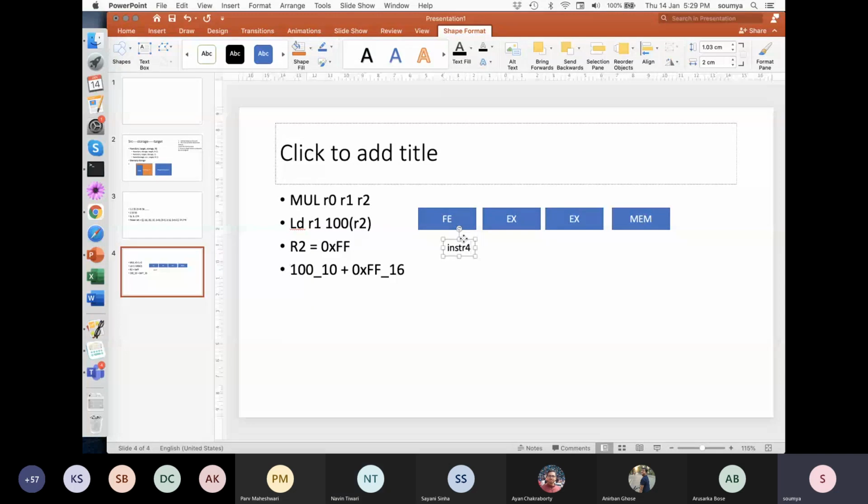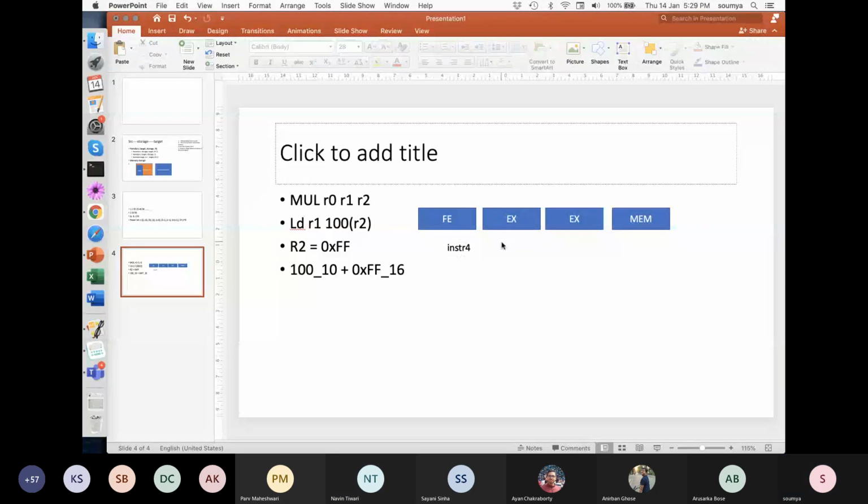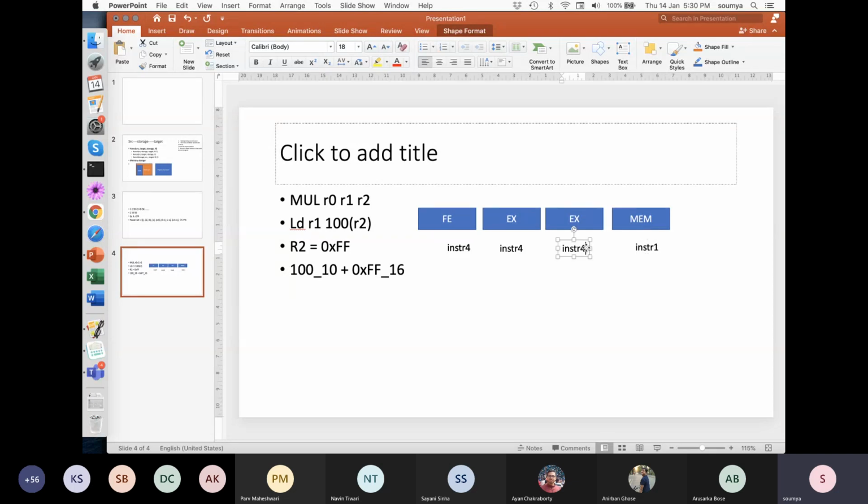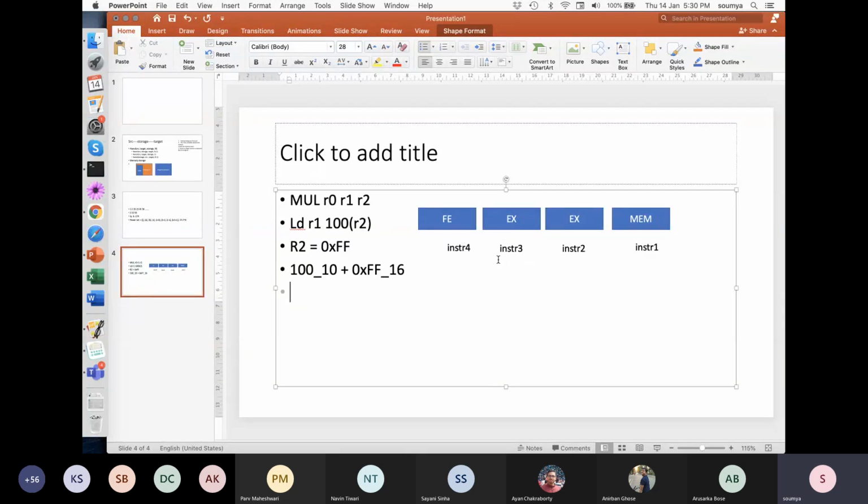So it is something like this. Let's say these are the positions of your instructions, right? I mean, you have 4 instructions. So we are just trying to recreate that scenario here, right? So this is the 4th instruction. Sorry, this is the first instruction. As we said, the situation is first instruction is here, second instruction is here, third instruction is here, and the 4th instruction is here. So this is what we said, right? Now observe that all are load instructions. So all the instructions are basically like this, right?